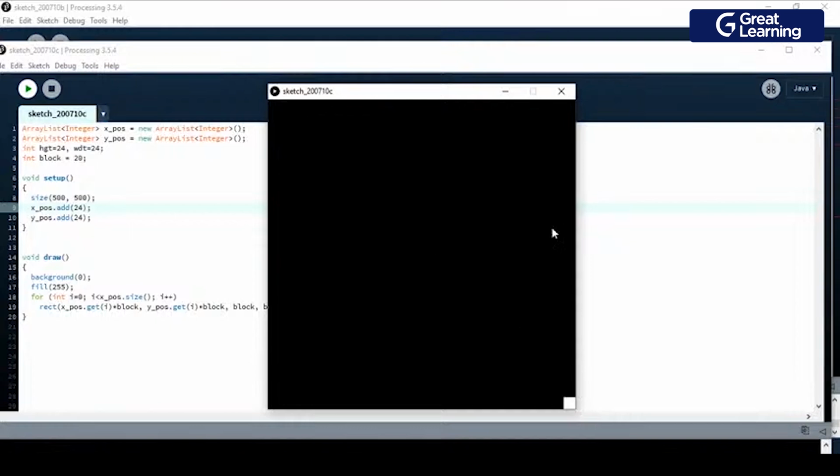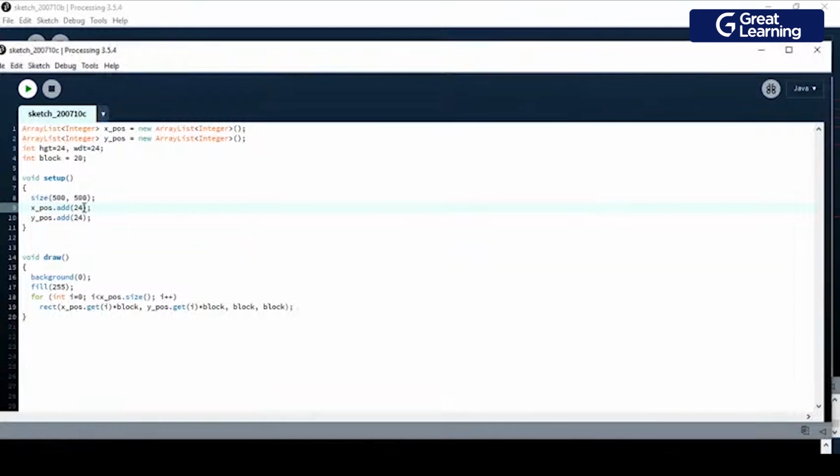Now I figured out that the height and the width of the block is all along 24 and 24. Okay, got it? That's why I wrote 24 at the starting, because I figured out that this is the position that I can move along. This is the only thing that I can move along, that is 24 and 24. So from 0 to 24 on the x-axis, from 0 to 24 on the y-axis. That's why I started this height and width with this value, and wherein this block size is this pointer.